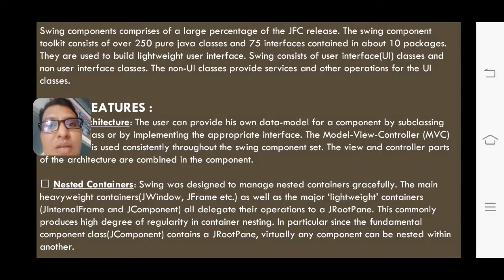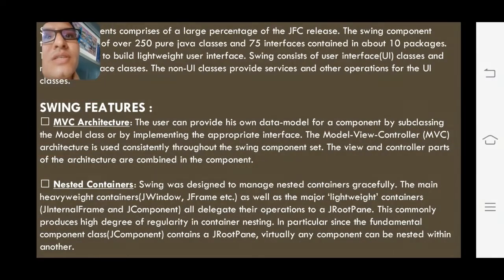It provides the service. For example, if you buy a mobile and it is damaged within a week, then you go for a service, right? How do you go for the service? By providing your warranty card. So these non-user interface classes act as service operations for your user interface classes. Likewise, they provide services to your user interfaces.